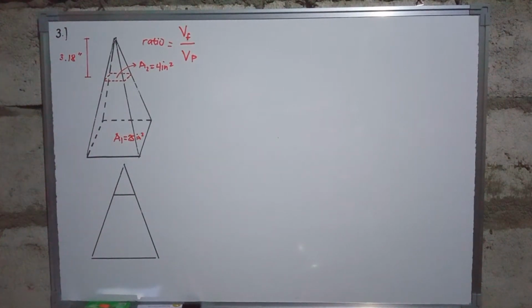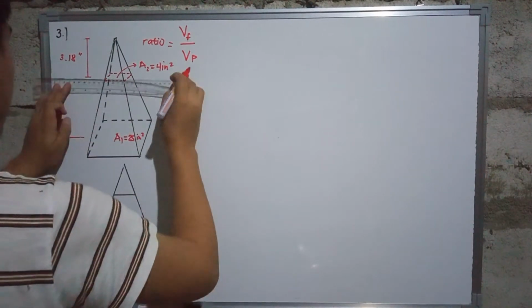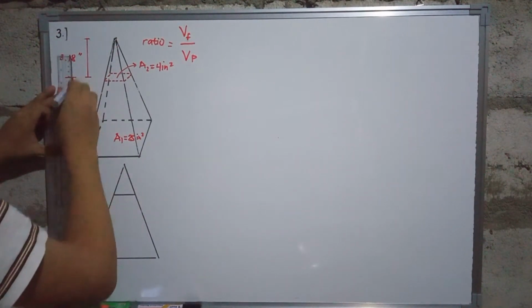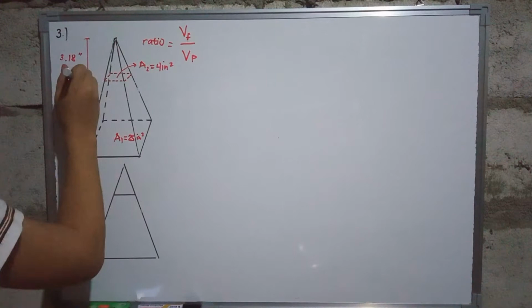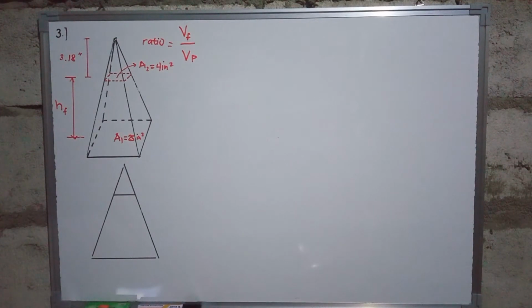yung mga kinakailangan natin para makuha natin yung volume ng frustum and at the same time, yung volume ng pyramid natin. So, kailangan nating isolve yung height ng frustum natin. Wherein dito sa problem natin, hinahanap talaga o nire-record bago natin ma-solve yung mga given, yung height ng frustum natin. So, let's solve. Siyempre, kailangan muna natin i-consider